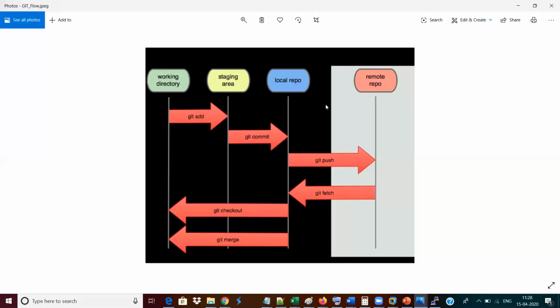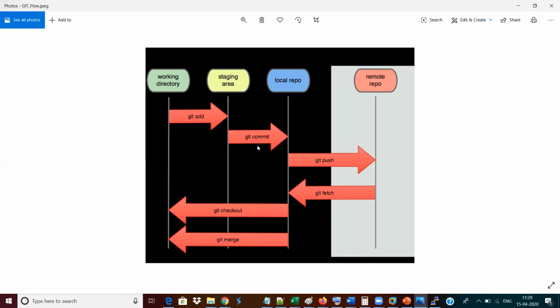But if at all you are not confident about the data you are going to store, always put it into the staging area, get the confirmation, and then proceed with the local repository. Why? Because once you do a commit, it will generate a log for the thing committed. So a log will be generated, and then definitely it will be a trouble for you. So make sure that git add and git commit are the commands which we are going to use one by one in our real-time environment to work with.